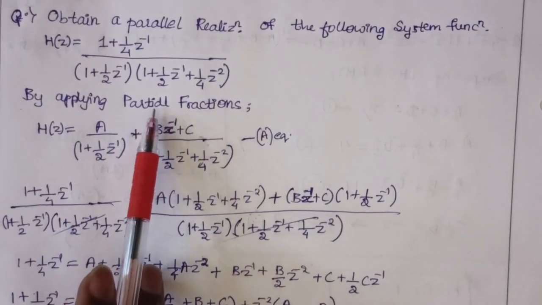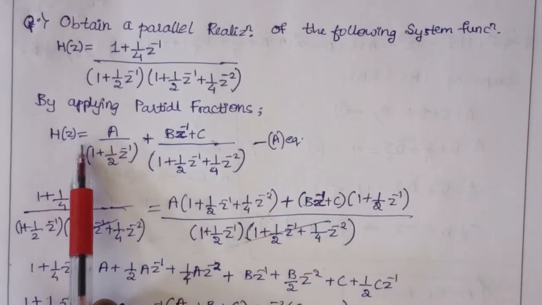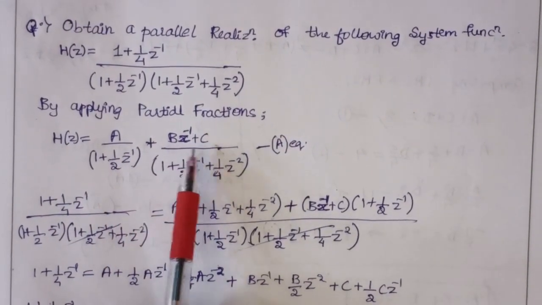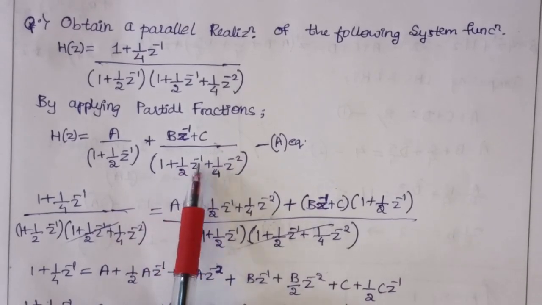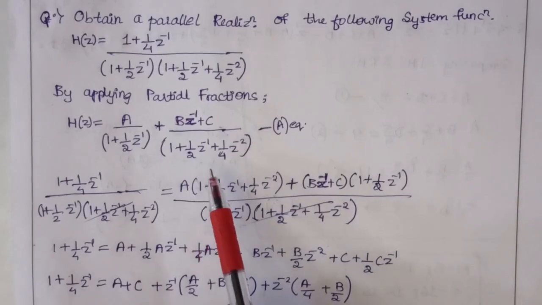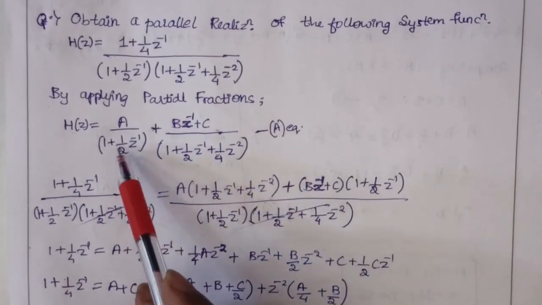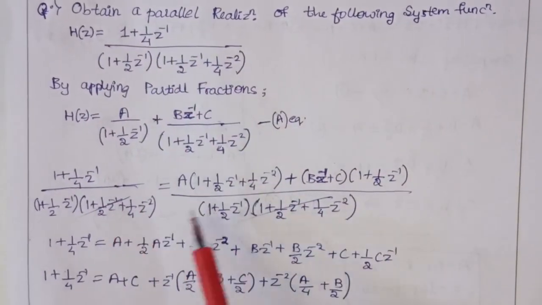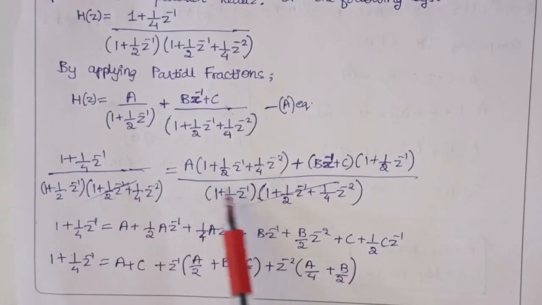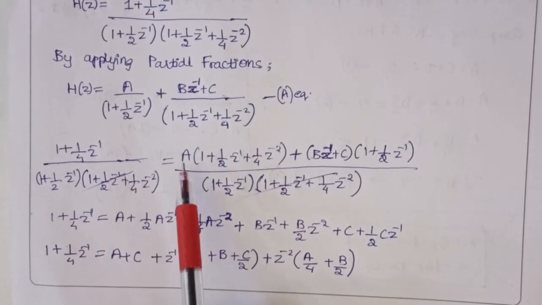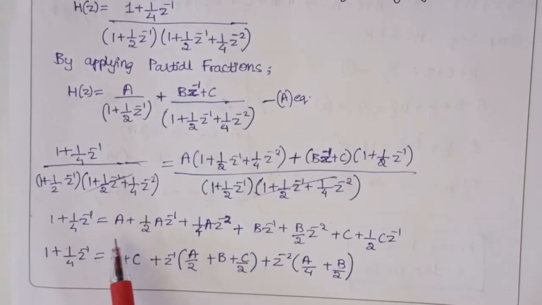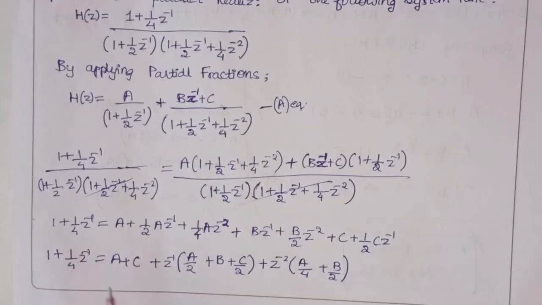By applying the technique of partial fraction, we get H(z) = A divided by (1 + 1/2 z^-1) plus (B z^-1 + C) divided by (1 + 1/2 z^-1 + 1/4 z^-2). For further simplification, we equate the partial fraction form and the rational form together and also take the LCM. When we take the LCM, the denominator on the LHS and RHS gets cancelled. By multiplying the constant terms with the polynomial and also equating the constant and the z^-1 terms, we get